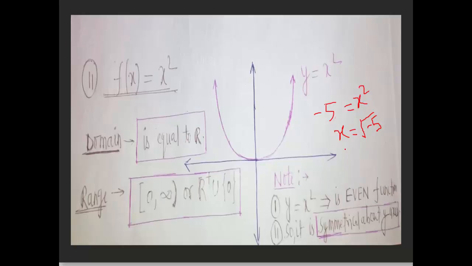So here our restriction is that you can choose the value of y from the entire set of real numbers. For negative real numbers you cannot find the values of x, or you can find the values of x but those values belong to the complex numbers, so you cannot take them. So the range is all the positive real numbers union 0. That means you can see from the graph also that for 0 you can get the values of x. So the range is this.